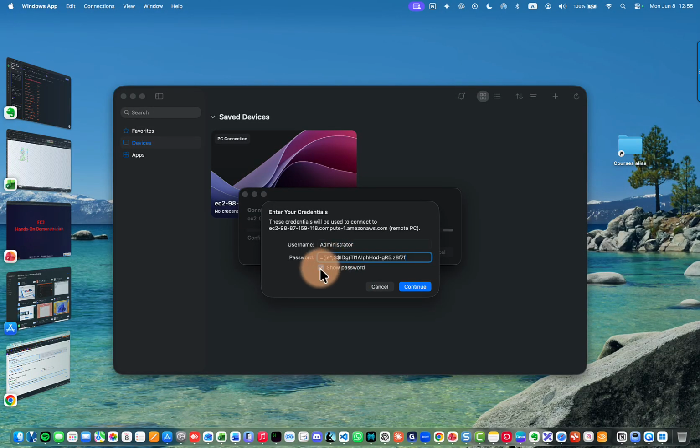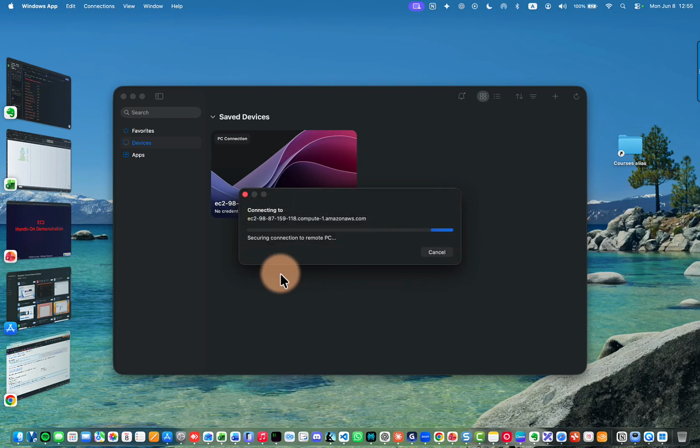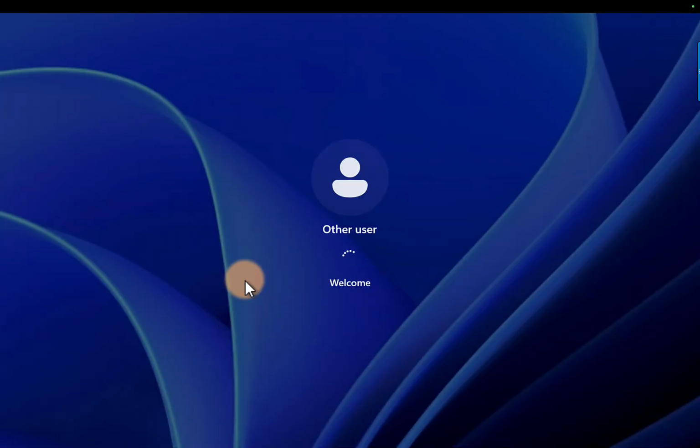All right, you click show password, it will show you, and you verify and then say continue. So this is saying over the internet it is not secure, that's fine. Continue and see whether it is allowing to log in. There you go, it's logging into your Windows system, and I am accessing from my MacBook Windows instance, Windows Server